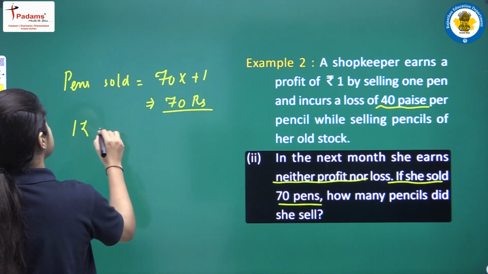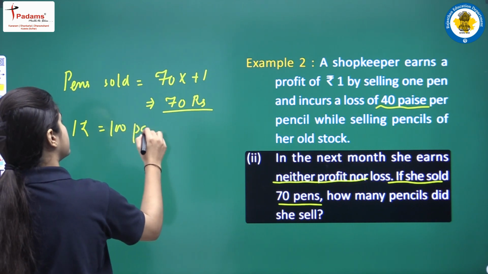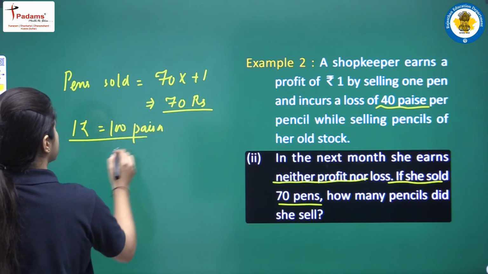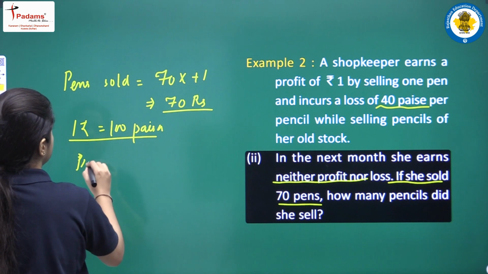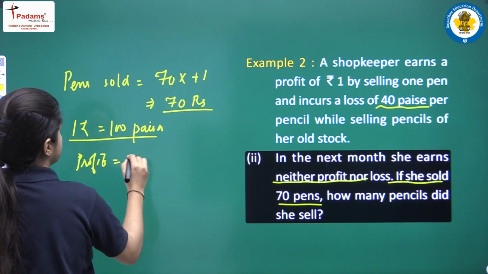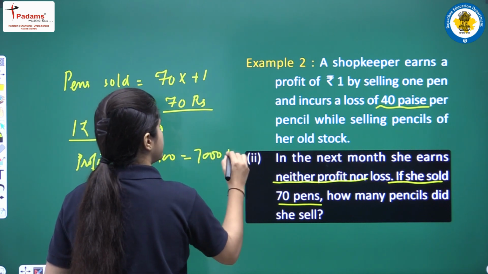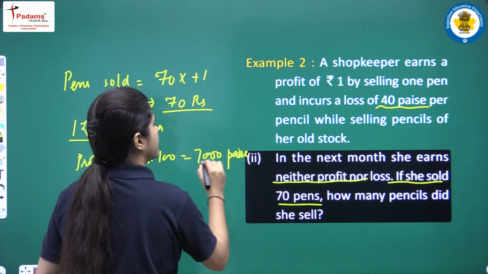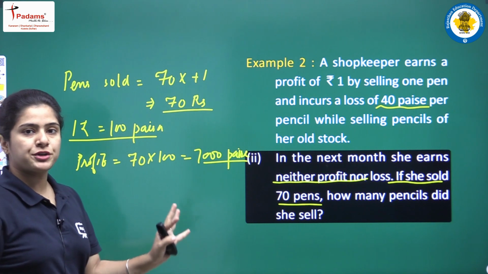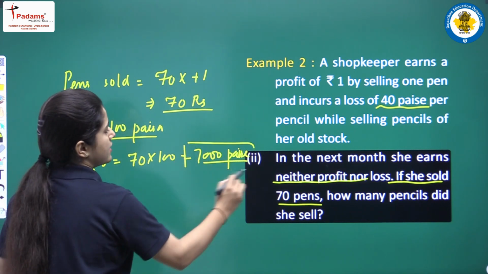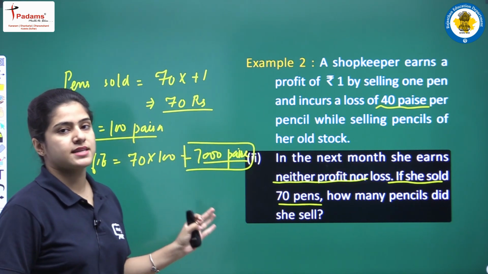So 1 rupee is equals to 100 paise. Okay, so the profit is 70 into 100, 7000 paise. Okay students,